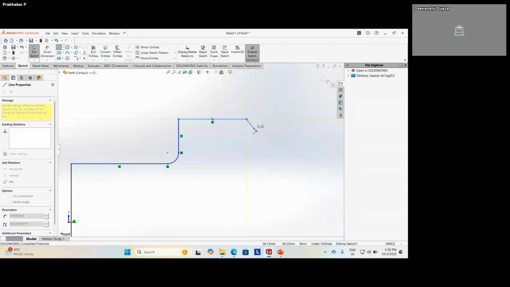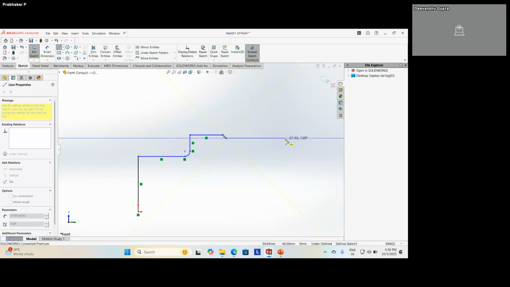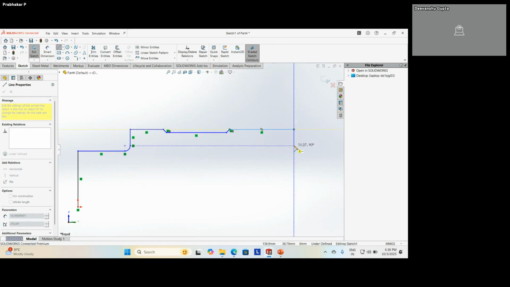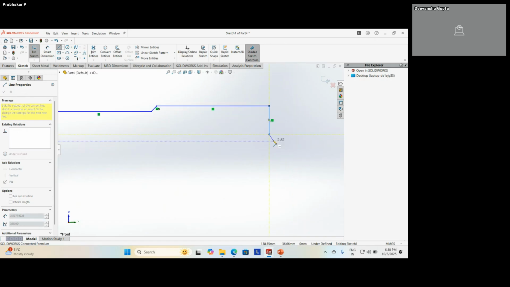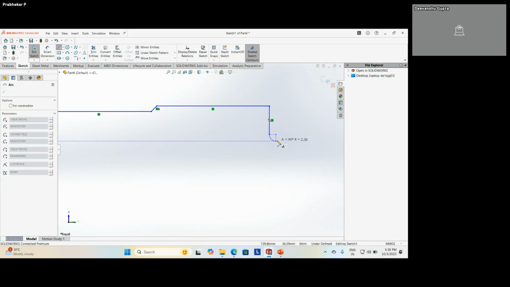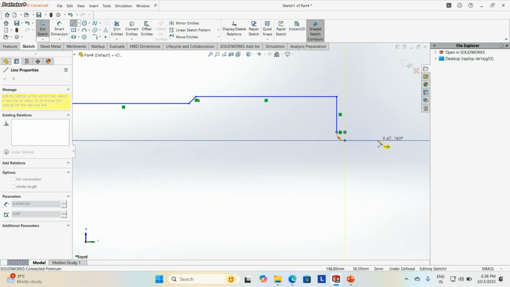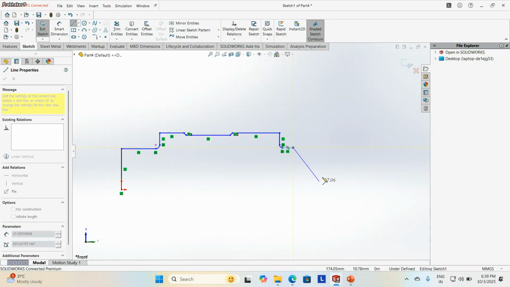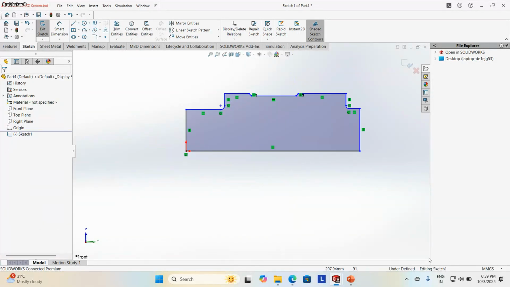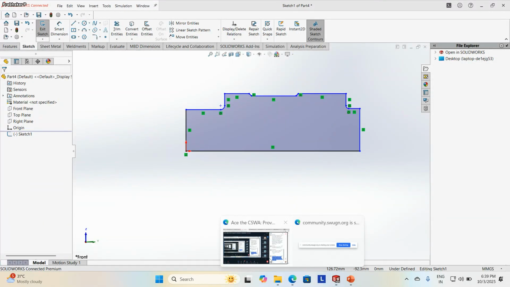As we see, there is a small angle, then horizontal, then again a small angle, then a vertical line, then again a radius. Don't worry about the dimensions. Anyway, I'm going to give constraints through smart dimension and control it.